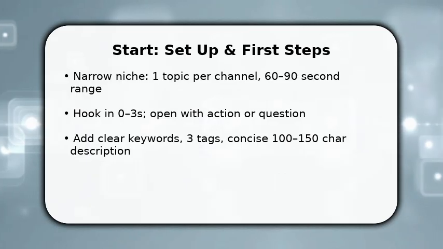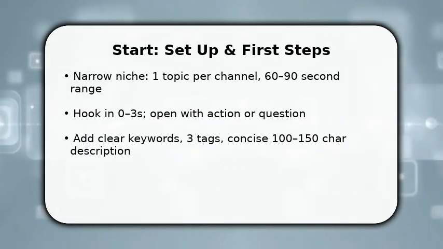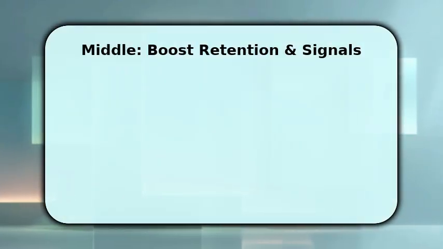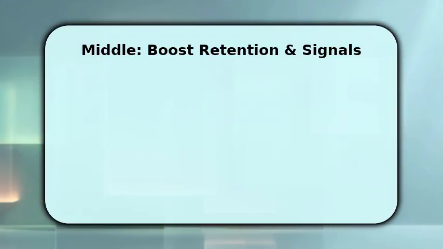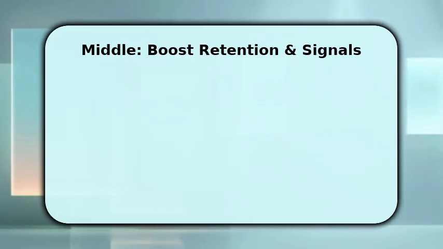Don't cram multiple concepts. This starts relevant signals and gives the algorithm a clear pattern to test against. Once you have a hook, focus on retention and consistent signals. Edit tightly, cut dead space, add captions every 2 to 4 seconds, and use pacing that keeps curiosity. Use 9/16, include a thumbnail-friendly one frame, and pick audio that matches mood or a current trend.